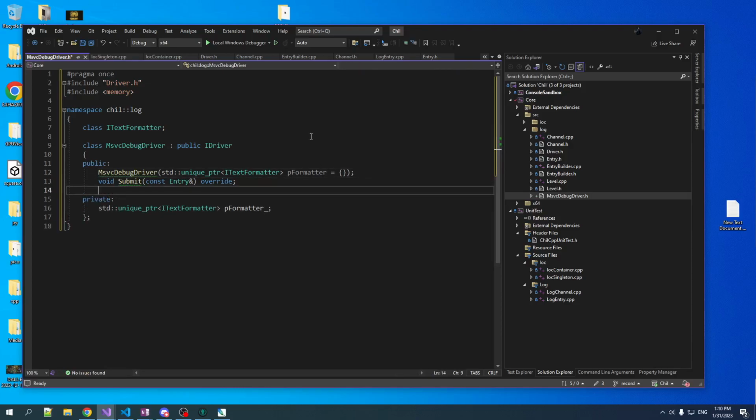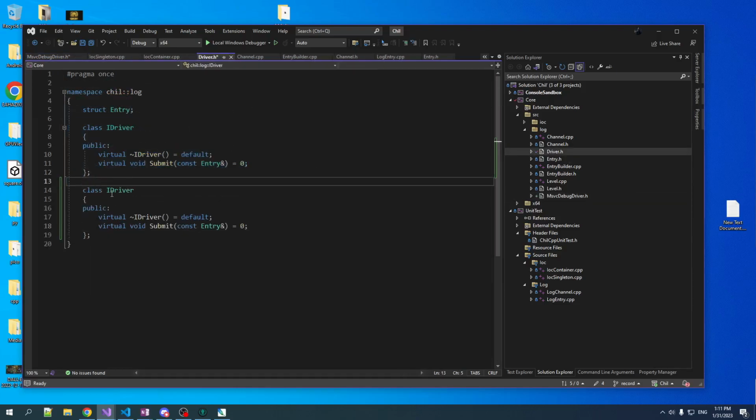So I'm just thinking, like, some drivers will not format to text. For example, imagine a driver that outputs to a database. It's probably not going to serialize every field of the entry to a single text string. It's going to put the entries into different columns in a table, right? So what we want to do here is specialize iDriver with